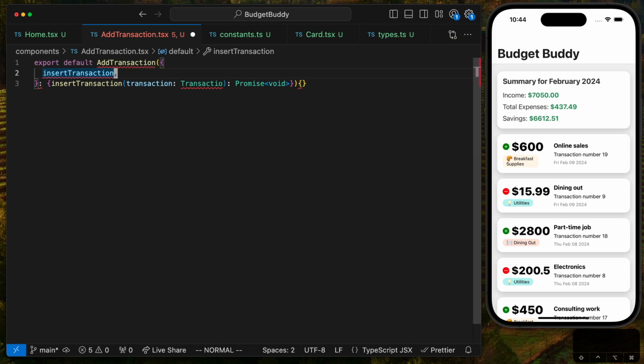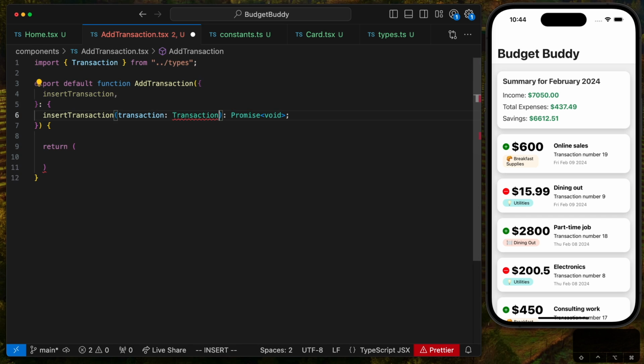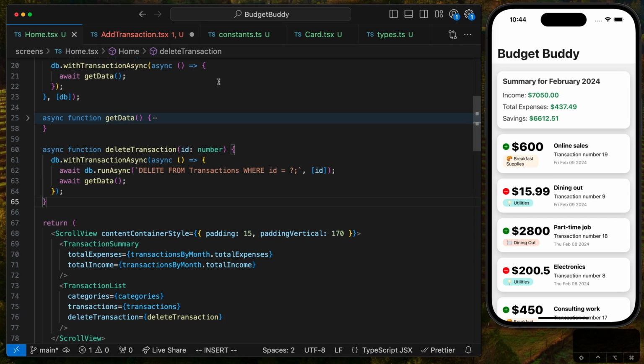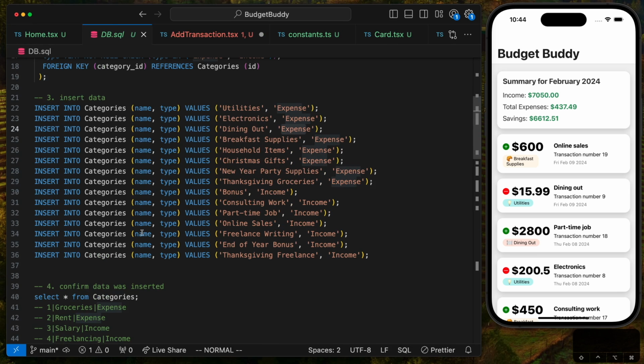Insert transaction. Okay, I think I have a typo here. Yeah, I was missing the function. Okay, so transaction from types. All right. Now, here, guys, remember we have in our database, if I just go to this file, we have